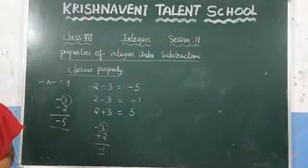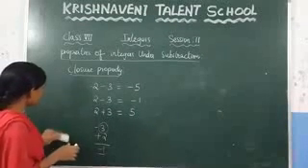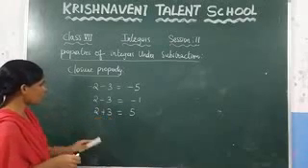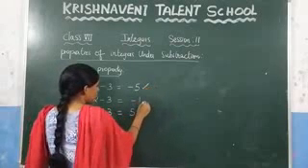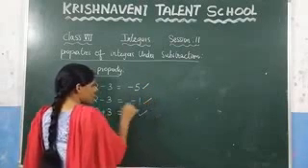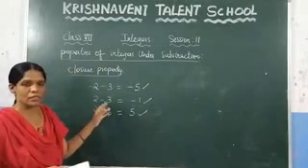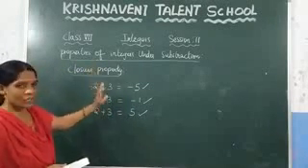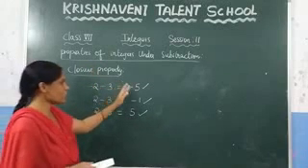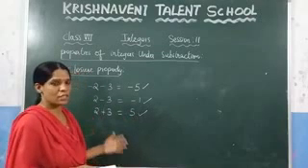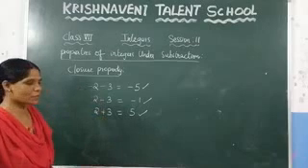Now check whether the answers are integers or not. Since we are talking about integers here, you know that -1 is an integer, right? This one is also an integer, this one is also an integer. That means if you consider two integers and subtract them, we are getting a result which is also an integer. So we can say that the closure property holds good under subtraction.